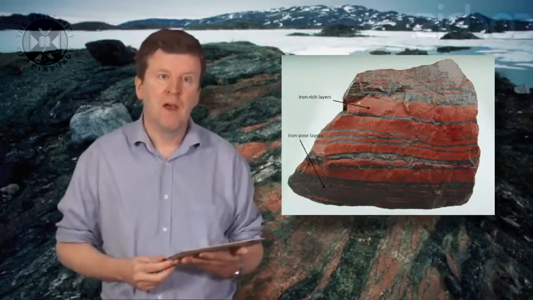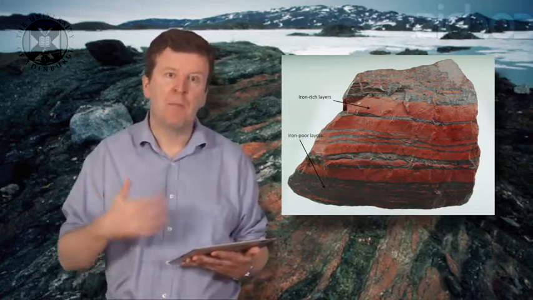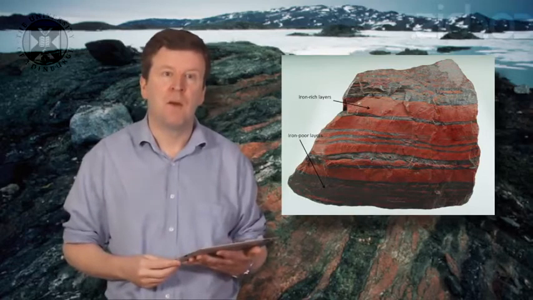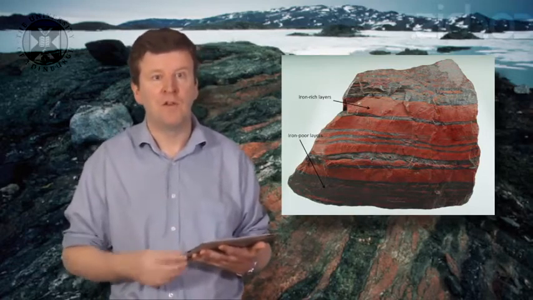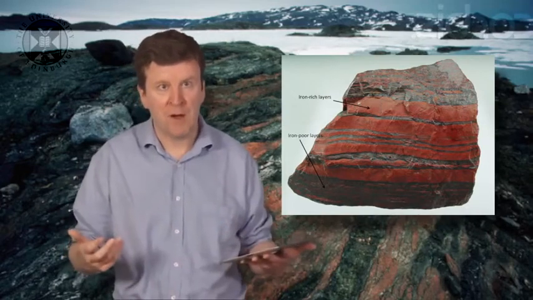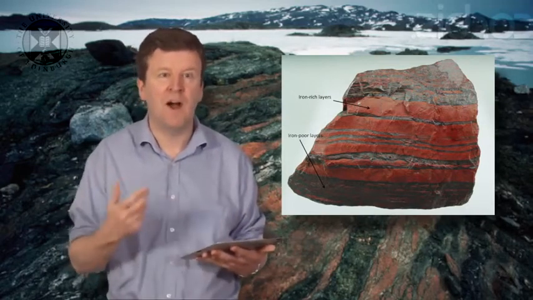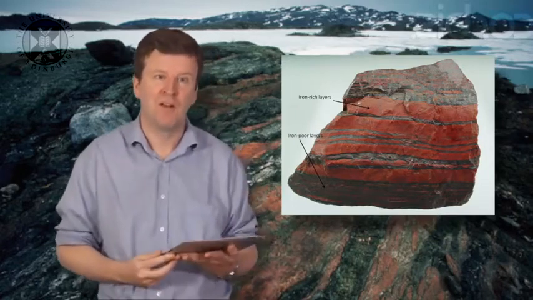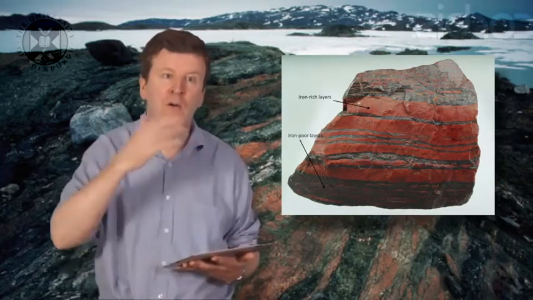And every now and again, there may have been some oxidation event. For example, oxygenic photosynthesizers might have produced localized oxygen that oxidized that iron and turned it into rust. It's possible that other types of microbes that like to eat iron as a source of energy and produce oxidized iron, rust, as a waste product of that feeding, could also have oxidized that iron. When that iron became oxidized, it became insoluble. It no longer dissolved in the oceans, and it settled down into the bottom of the oceans